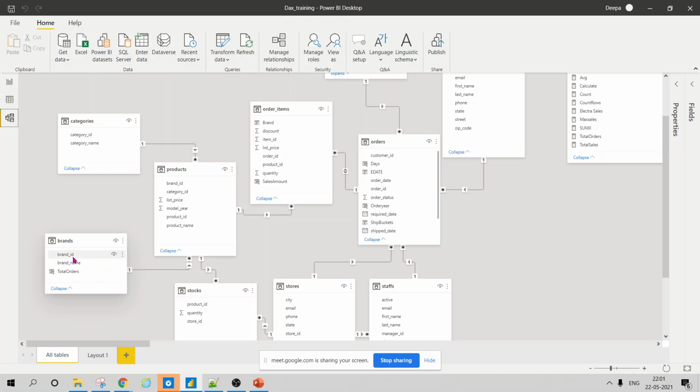But if I am sitting in a brand table and I want to get the product name for this particular brand, or the order amount or sales amount for this particular brand, so it is one to many, in that case I will use the RELATED function.